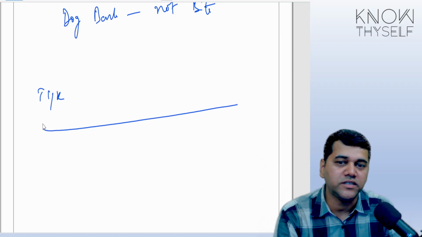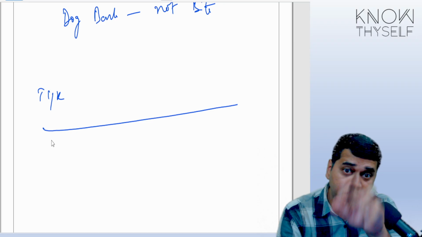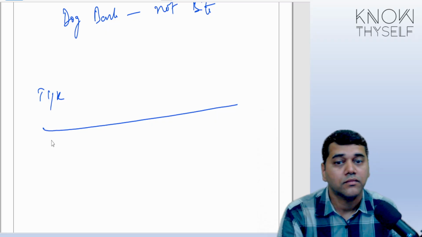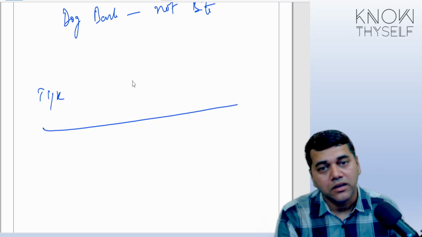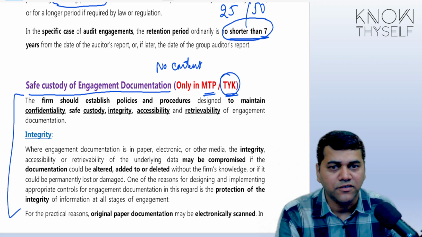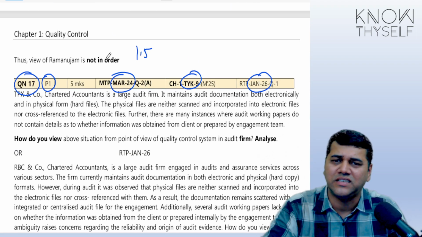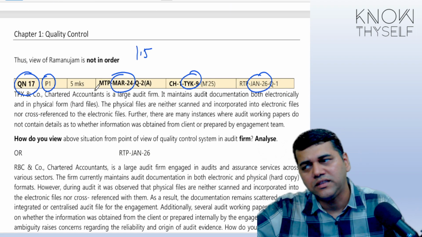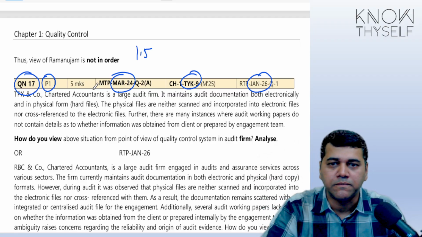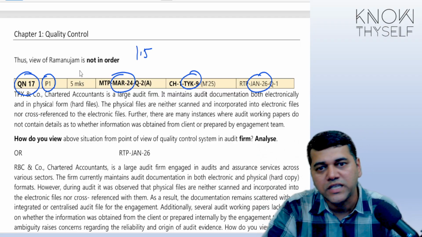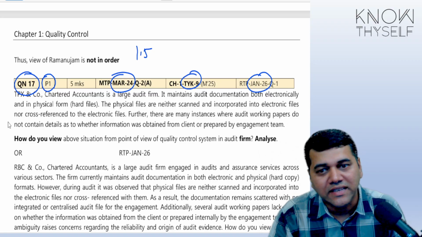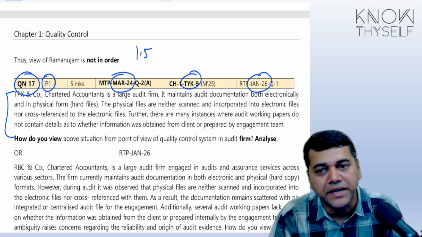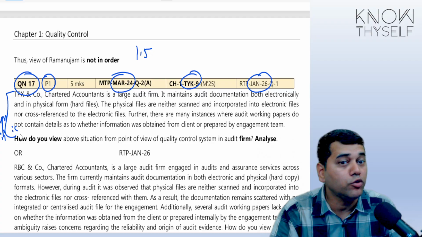Why? Because in the examination, the same single line they will not give. They will give one case study, and they will ask you on the case study. And questions like this, where there is a lot of inconsistency, where there is a lot of irritation, where in the study material you are not able to see the content, these are all the dogs which are barking. Don't worry, they won't bite. Why? In the exam, this question will be repeated as it is. They are not going to change it.